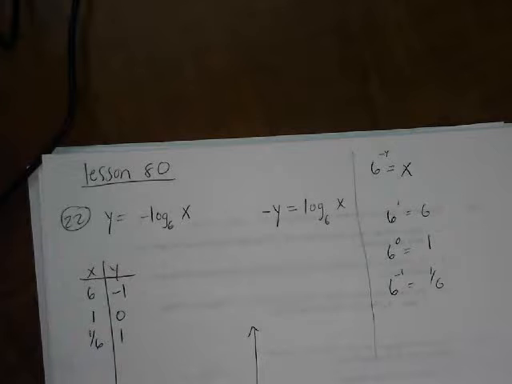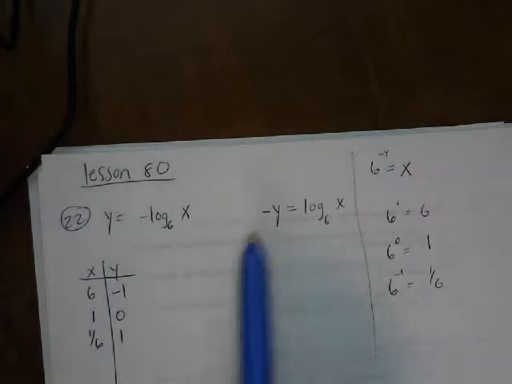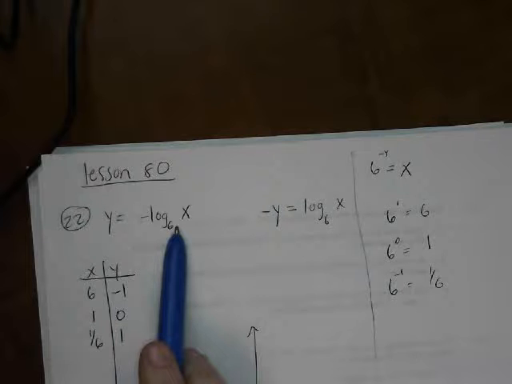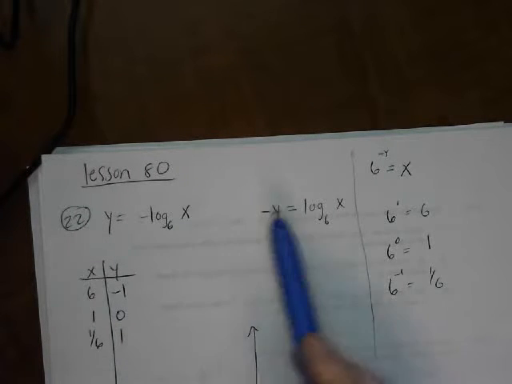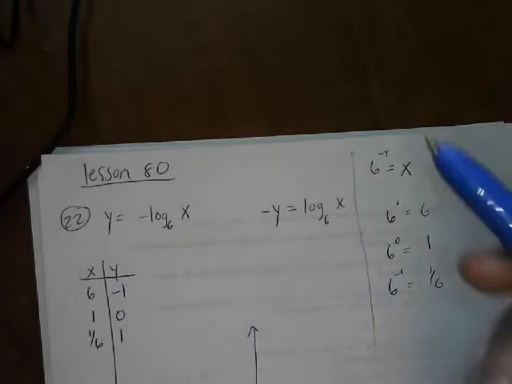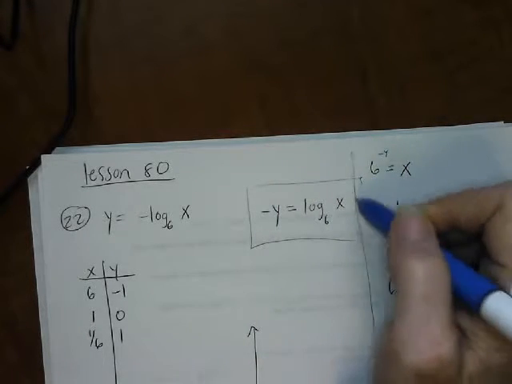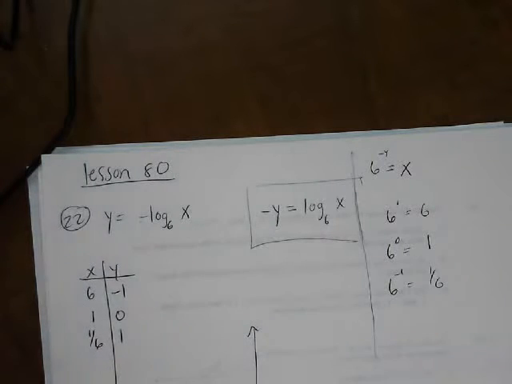So then I found a different way to do it. In order to take care of that negative sign so it doesn't confuse me, I multiplied both sides of the equation by -1. So that brings the negative sign over here. And so now, instead of looking at the inverse and then reflecting it across the line y equals x, I think I'm just going to go straight to the graph of the logarithm,